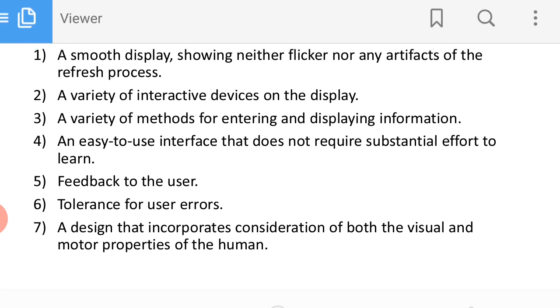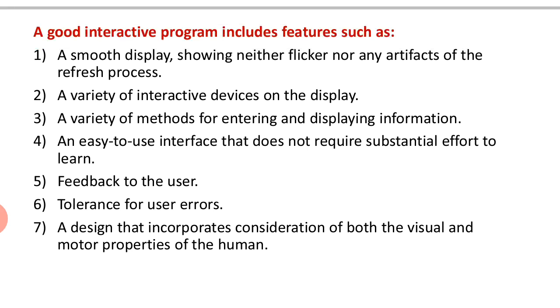Even on mobile, when I delete a mail from the inbox, at the bottom it asks to restore or undo, because most of the time I might have deleted it by mistake. Such a provision for tolerance of user errors should be given.